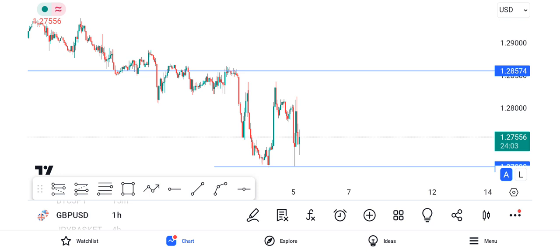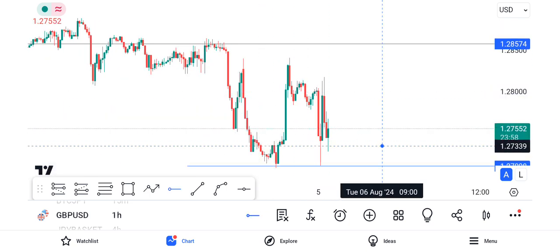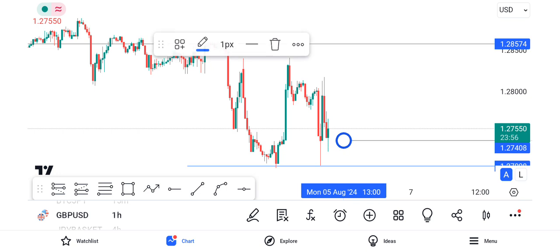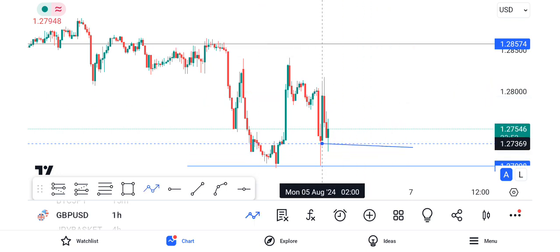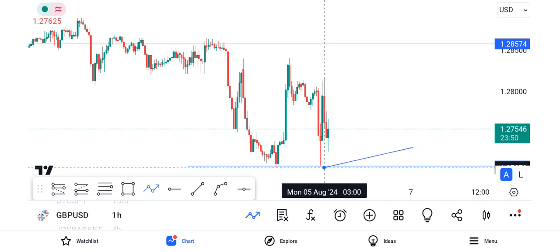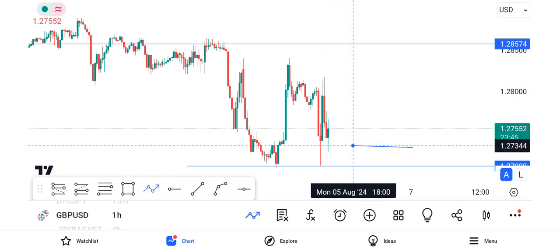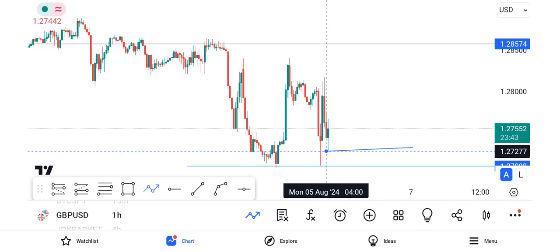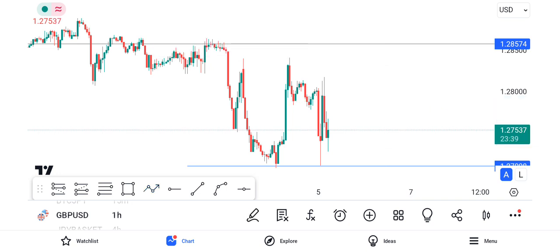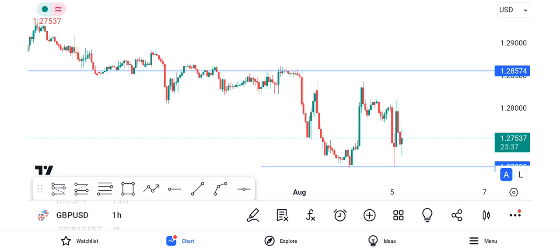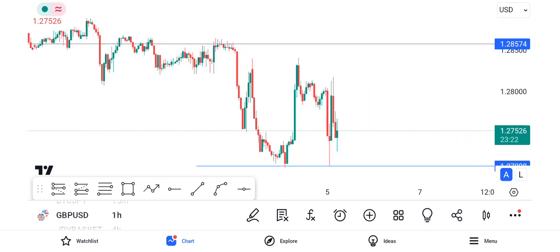See, it comes to this point and makes a rejection. It comes to the point right here. This is a weak rejection. Well, we don't know what's going to happen right here. Maybe price wants to back off, but I'll have to see what will happen. But if price will eventually do this,